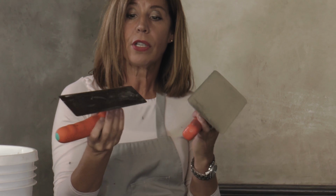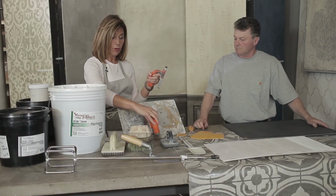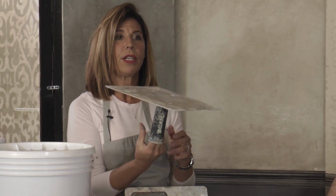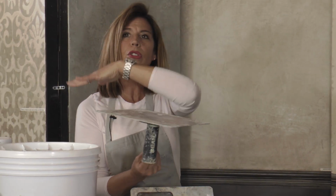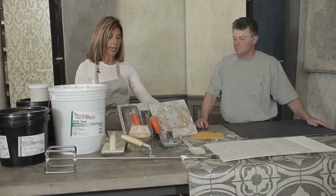There's a couple of different trowels that I love. This one I like for my base coat because it's a nice big square flat finish. And then this one has nice beveled edges, which is really great for the finishing coat and for burnishing. These hawks are really nice because they have a hole in the bottom. So on your scaffolding, you can have multiple hawks up with different colors on it, a lot for the decorative